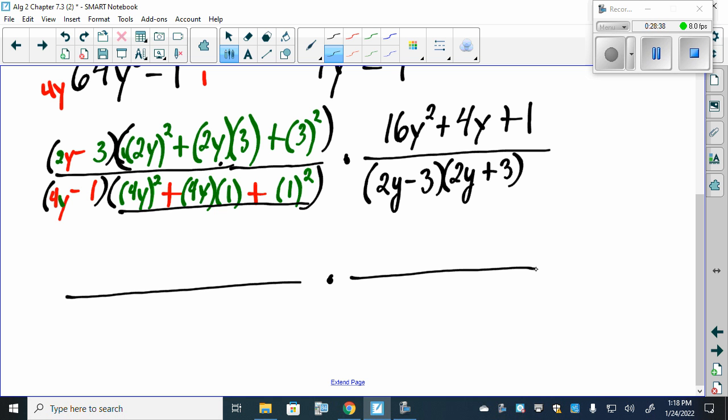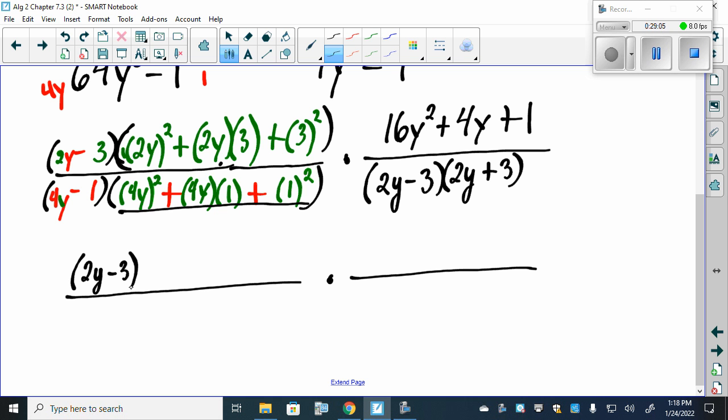And it does look a little funky, because 16y squared and 4 and 1. And since all the signs are positive, we're going to have to try adding the factors together. And there's not any two factors of 16 that add together to give me 4. We'd have to have opposite signs. So if we simplify these